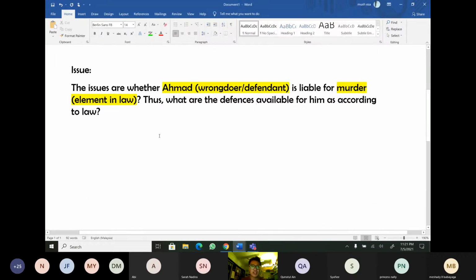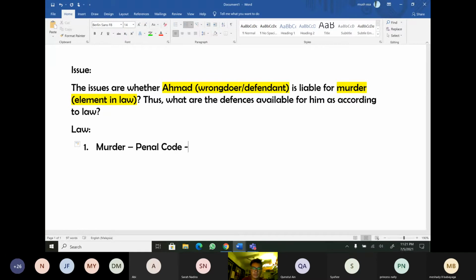Okay. Then issue law dia. So sekarang ni the issue is what? You have first issue adalah murder. Betul tak? So the code section 300. Okay. If found guilty of murder,